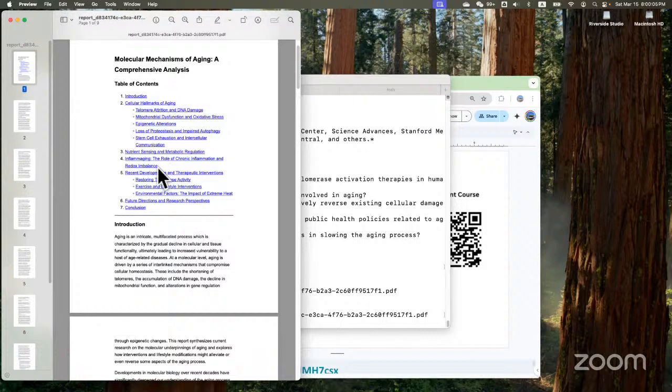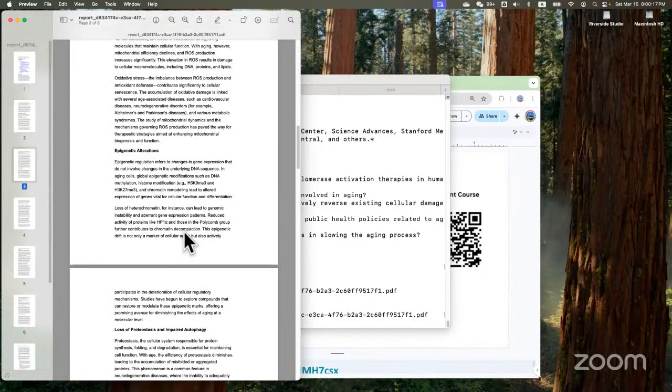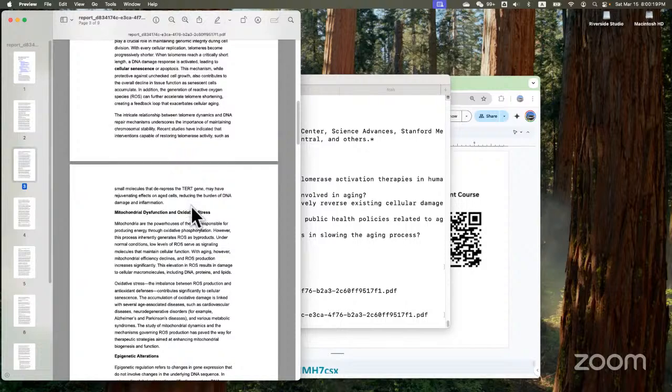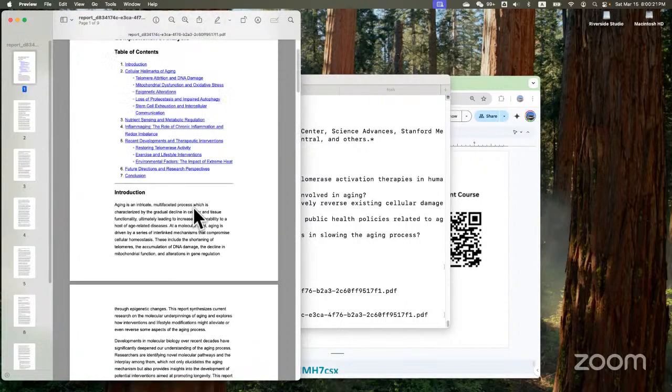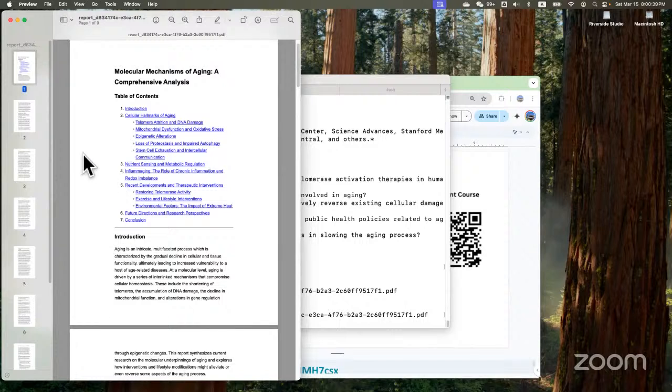Cellular hallmarks, nutrient sensing, inflammation, recent development of therapeutic interventions, future directions, and conclusion. It looks like a medium serious paper that you can find using the internet, and you can probably write a paper like that if you have time. But with AI, you can just do that within a couple minutes.